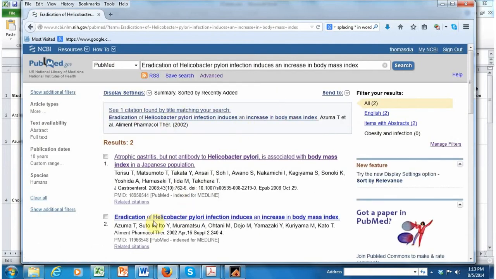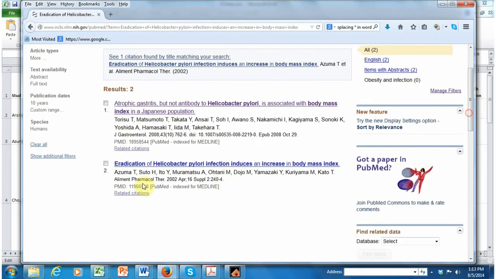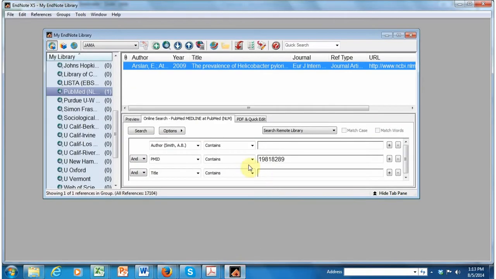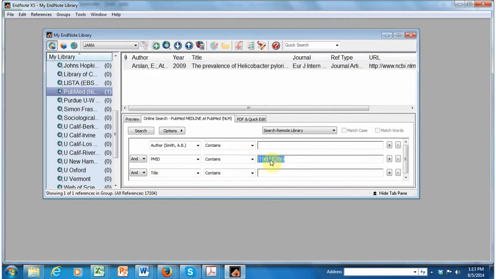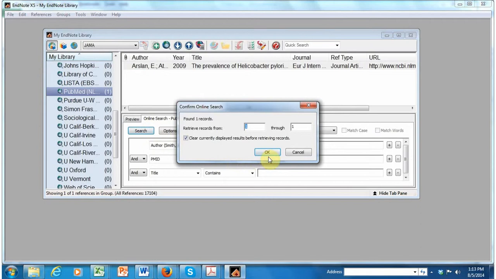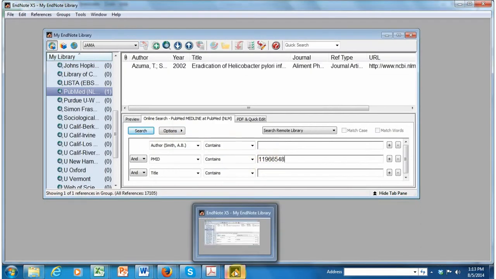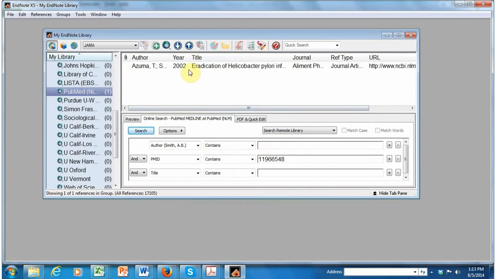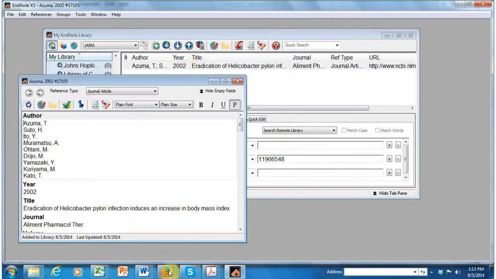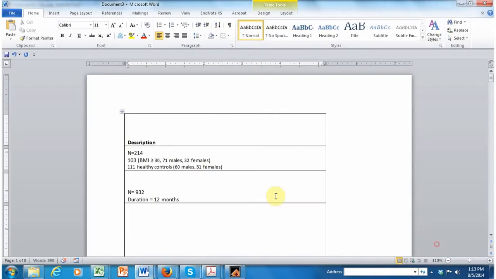It's right here. And you'll notice that with each publication, there is a PubMed ID. So I'm going to copy that, and I'm going to go over here and see where it says PubMed ID. I'm going to replace this number with that number and click Enter. And it found me one paper. See that I used this little icon over here to come up with this. And then I just double click on that, and then I go to the table,